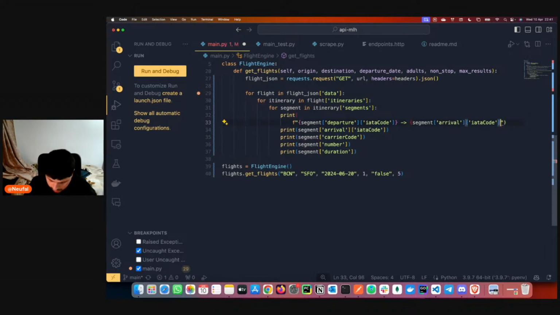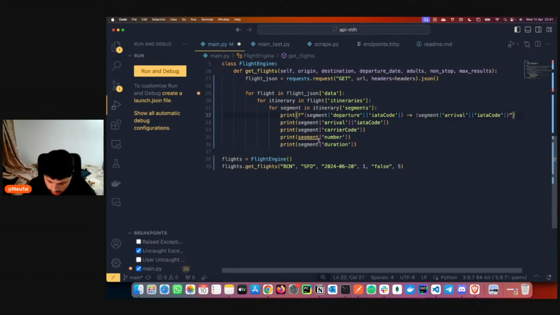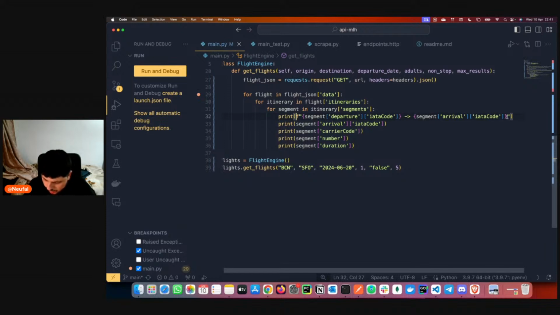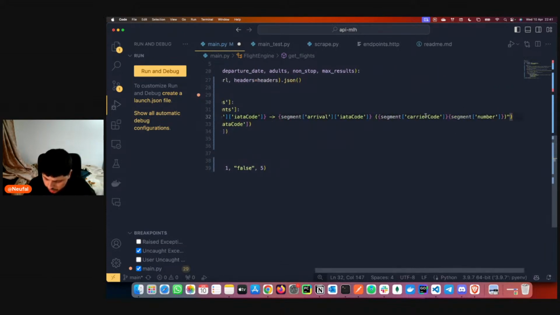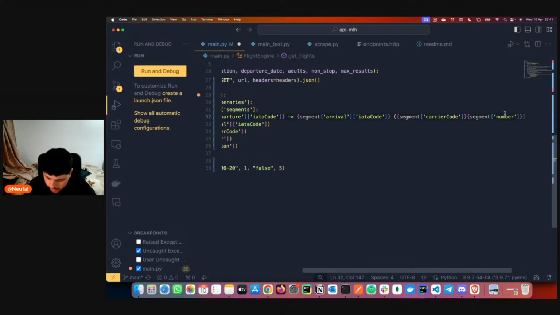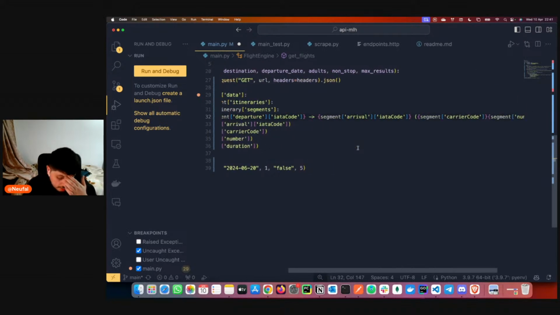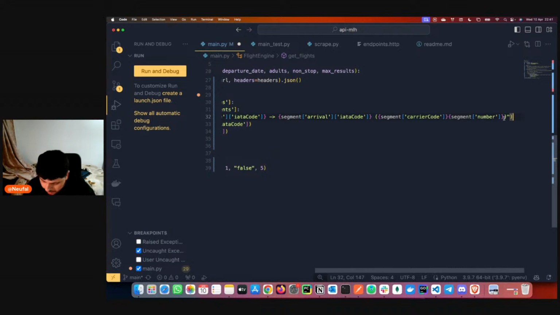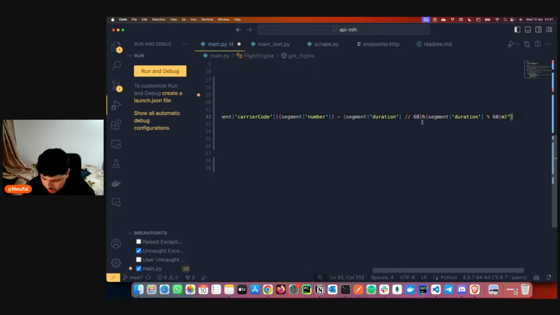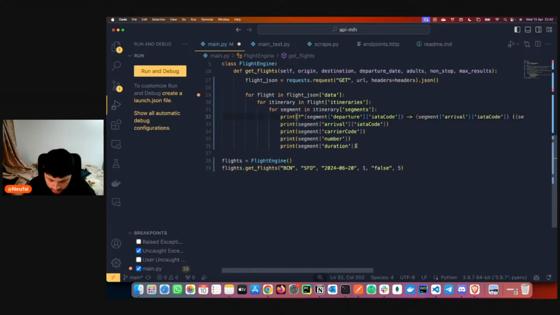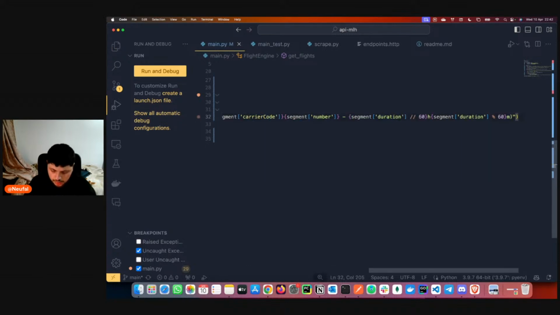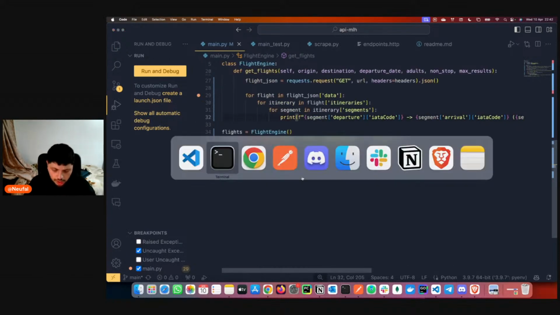This one's missing some closing here. Then we can add more params here: segment carrier code number, and the duration we can add actually, segment duration. Okay, let's leave this here and see if we can get it into one line.